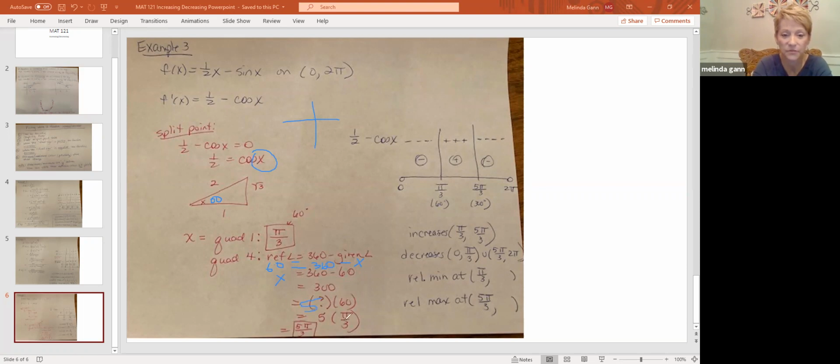And then remember, 60 was pi over 3. So that's how I figured out my other split point was 5 pi over 3. So I have my 2 split points down here. And I have to pick a number to the left and a number to the right. So you can have a scientific calculator. All right, just think about a number that's smaller